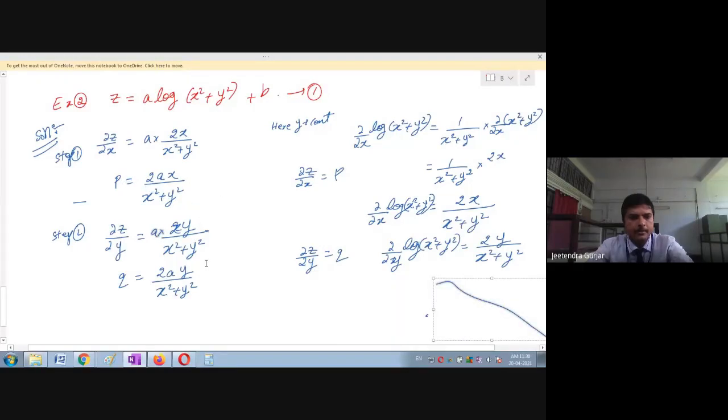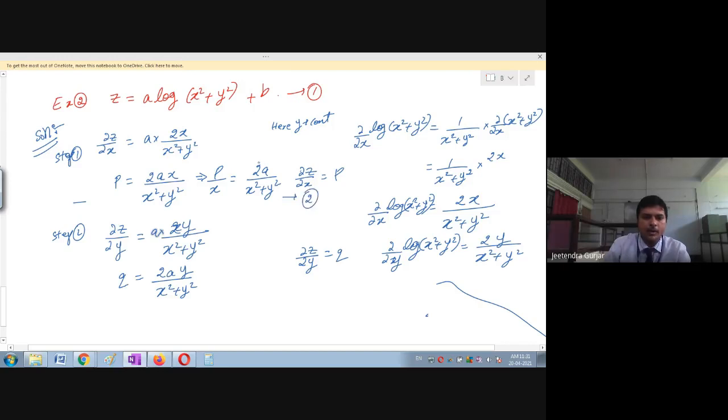Okay, fine. So now you can see, yes, still some modifications are required. I cannot take equations 2 and 3. For that, what do I do? Yes, I only have to remove x here. So therefore, I will rewrite this like this: p upon x is equal to 2a upon x square plus y square. I will take this equation number 2.